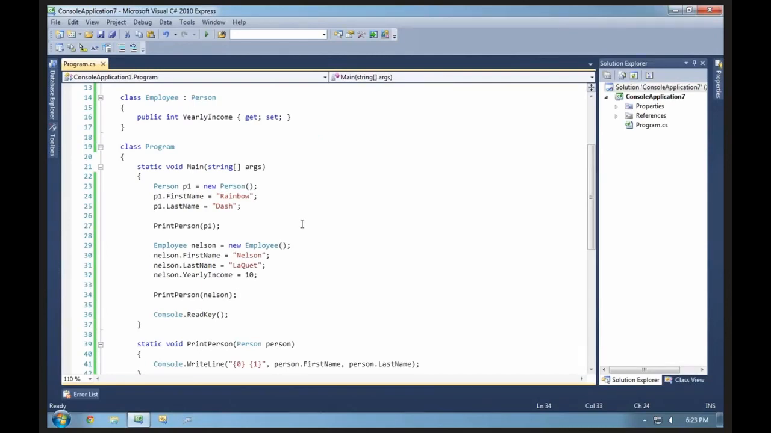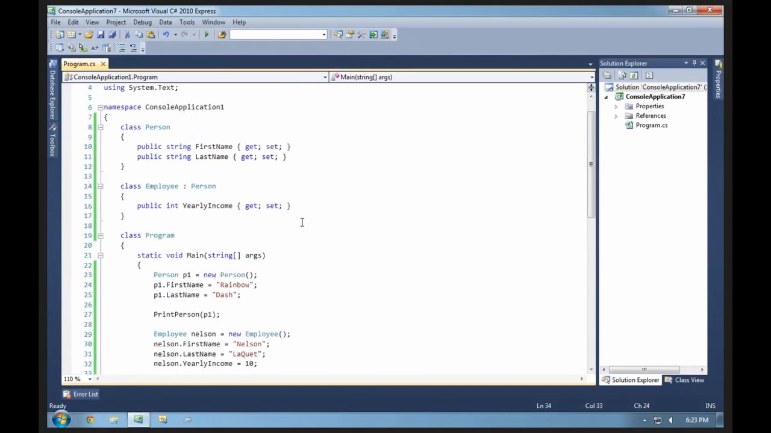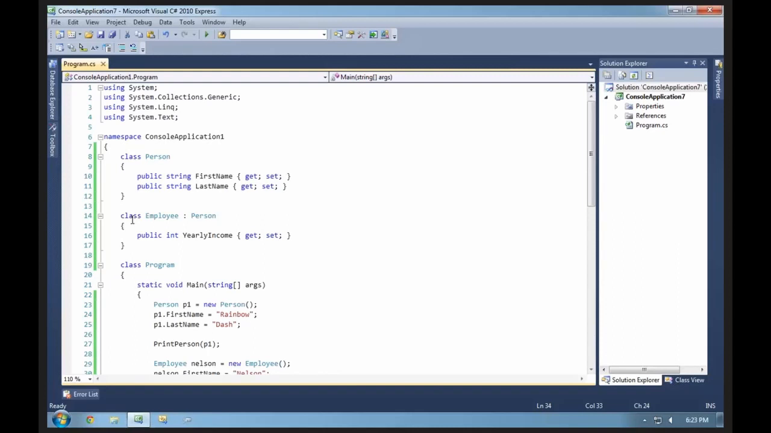So that's at a very basic level what inheritance is. And inheritance is used to create classes that share functionality. That being said,